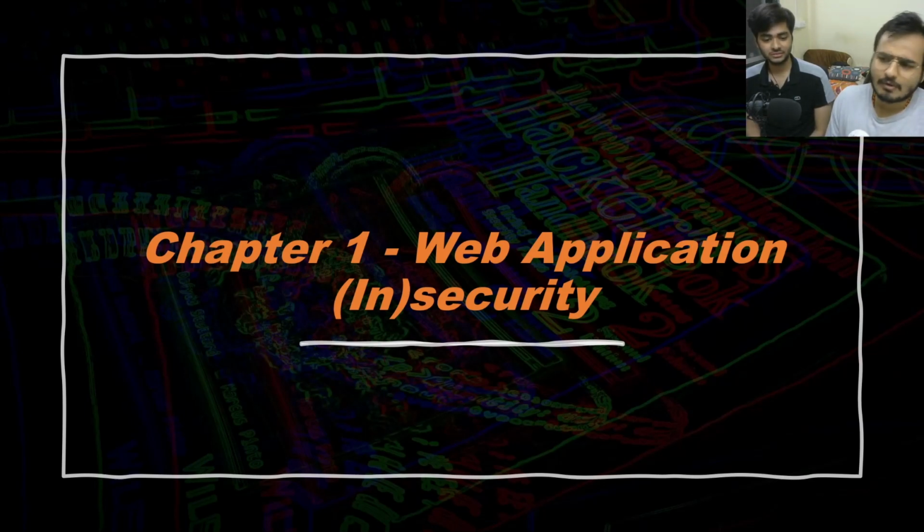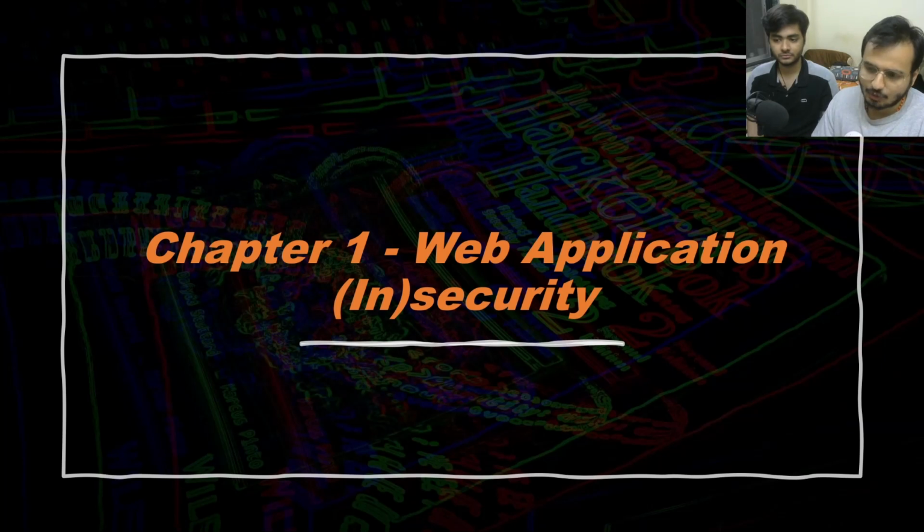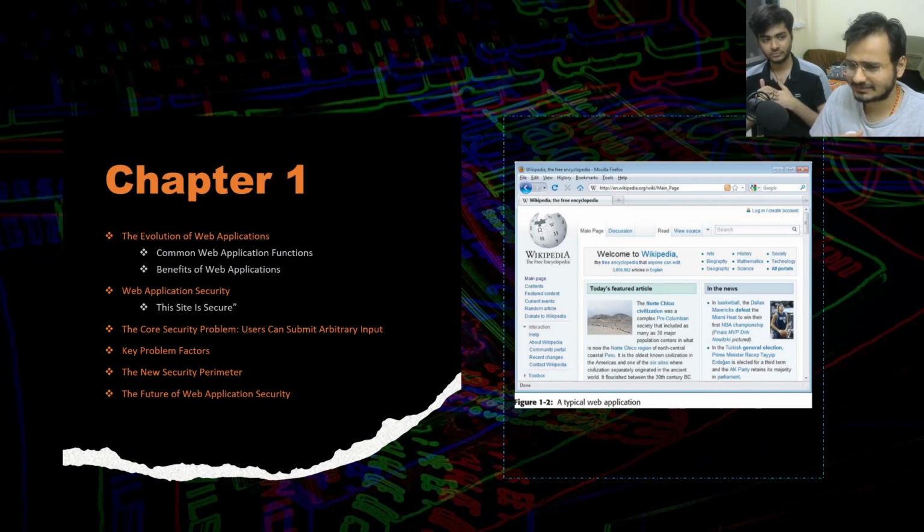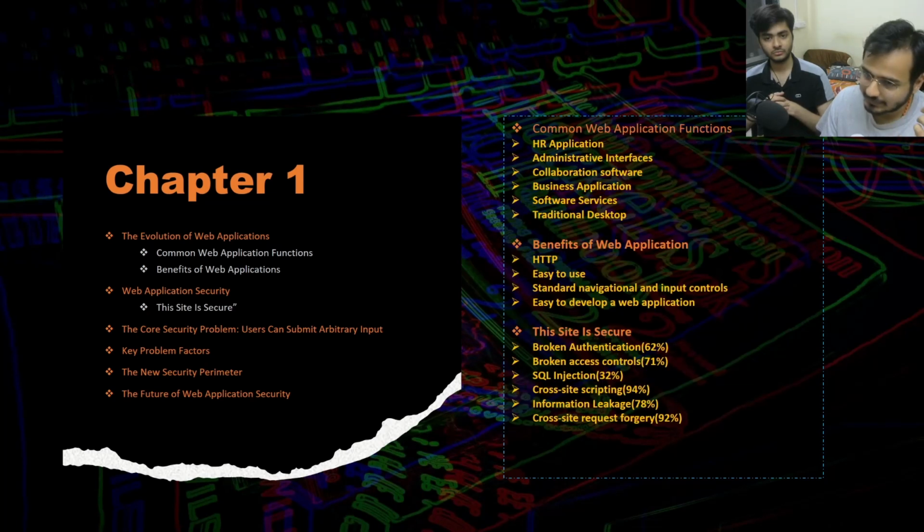Before learning about any attack on an application, we'll try to understand why these attacks occur, why they have evolved over the years, and why these attacks were not available in the previous decade, or two or three decades back. As you can see, applications have evolved gradually. An application like Wikipedia has certain kinds of functionality. When applications evolved, they gained different kinds of functionality, and that functionality creates problems. But about 10 years back, applications did not have much functionality.